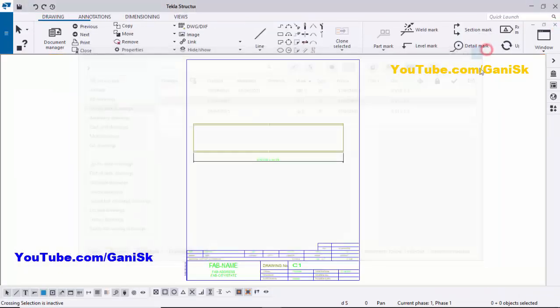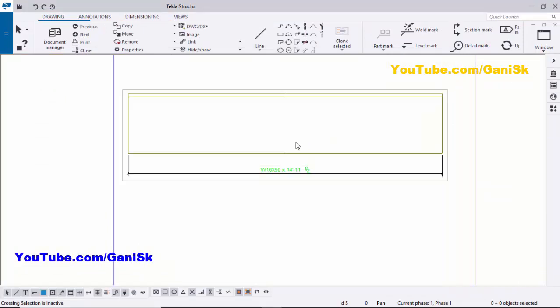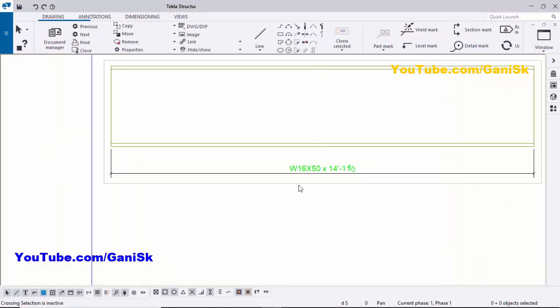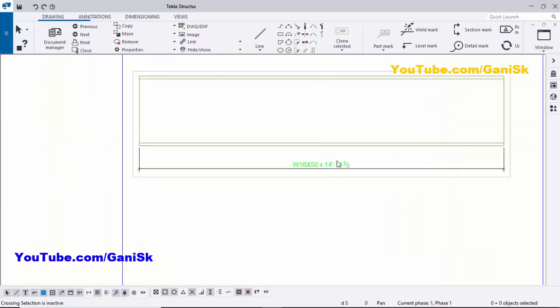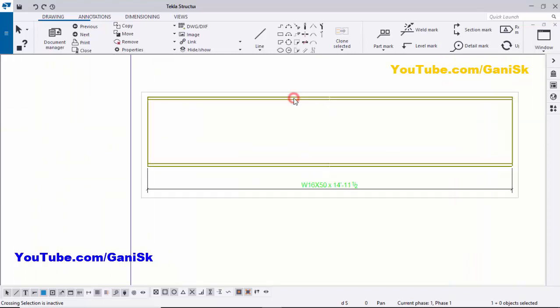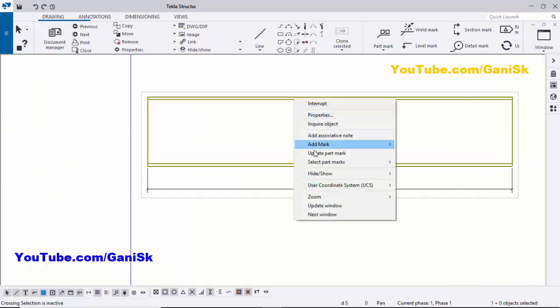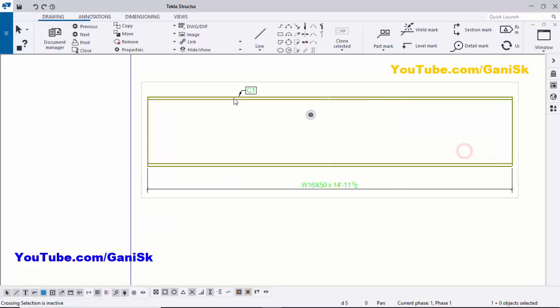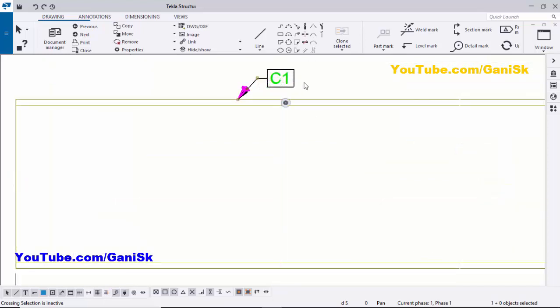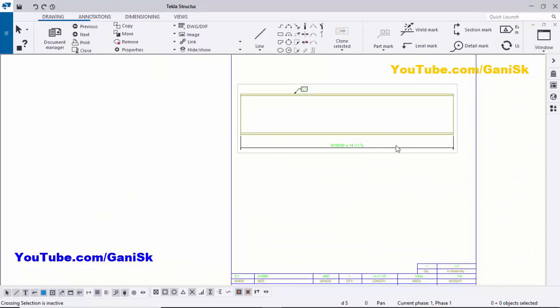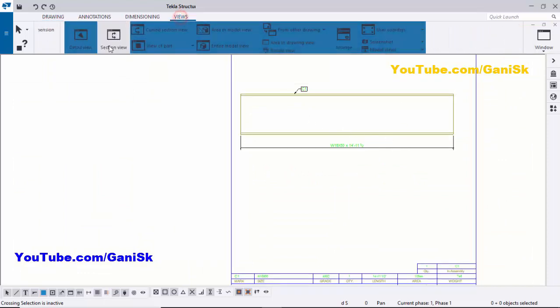Now close the window here. You can see now we have the column drawing at this location. We have the total length of this column with the profile. So let's just click on this column, right click on mouse, add mark and applied to give the part mark of this column. And if you want to create the section, go to view and click on this section view